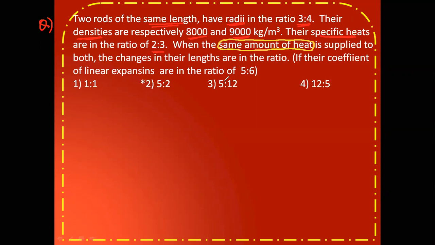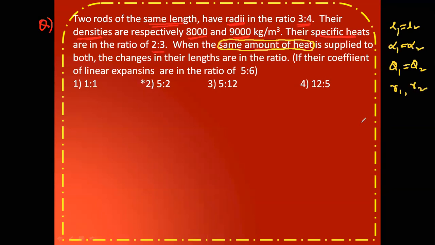So whenever the same amount of heat is supplied to two materials, if L1 is equal to L2, alpha 1 is equal to alpha 2, the amount of heat supplied in the first case and second case are same, and if the radii